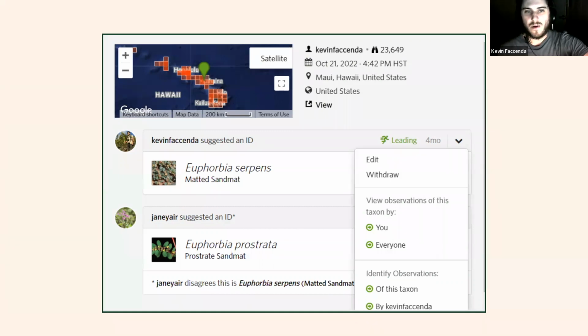Another thing when you're using iNaturalist, what I recommend is if you don't know what you're uploading, to use the computer vision suggestion as the ID that you upload with your photo. If you leave the ID field blank, it'll take a long time for people to add an ID to it, because it kind of gets put in a different pile if it doesn't have a name on it. So I recommend using the suggested ID unless you know that it is wrong. And then you can always withdraw that ID later if somebody comes along and corrects you.